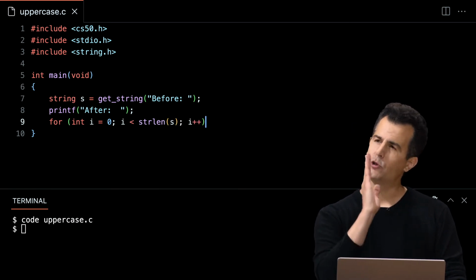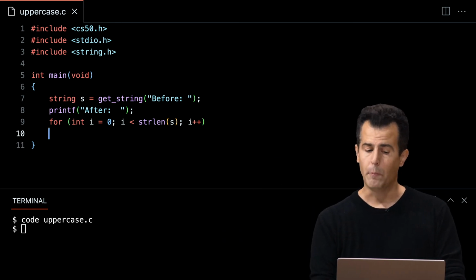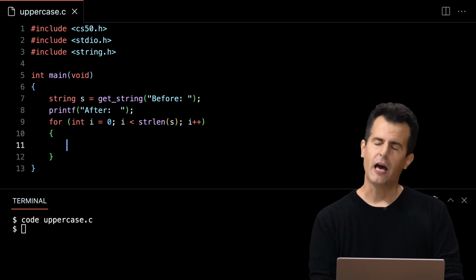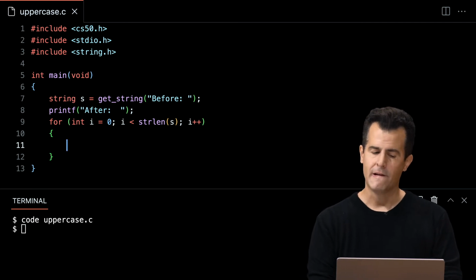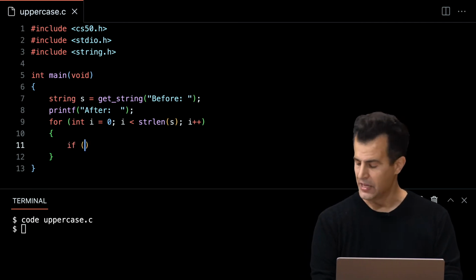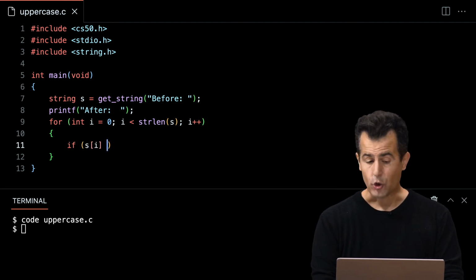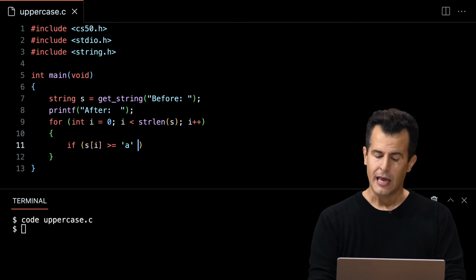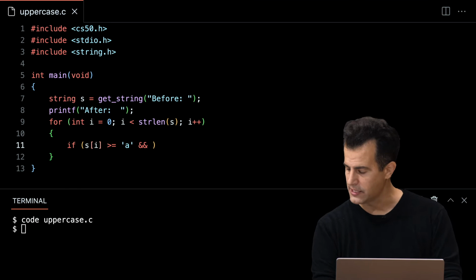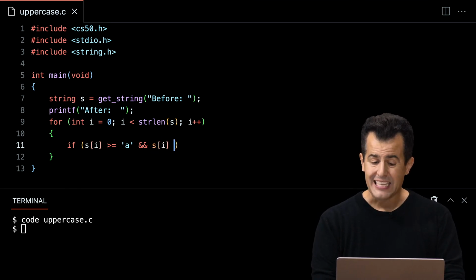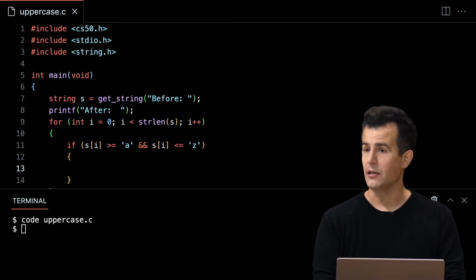What am I about to do? I'm about to iterate over every character in the string from left to right, from 0 on up to, but not through, the length of s. And how do I check if something is lowercase so that I can actually force it to uppercase? Well, it turns out I could do this literally. If the character in s at location i is greater than or equal to little a, ampersand, ampersand, which means and instead of or, which we saw in the past, s bracket i is less than or equal to little z,